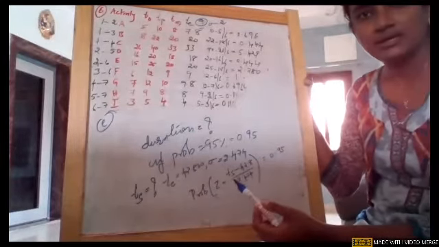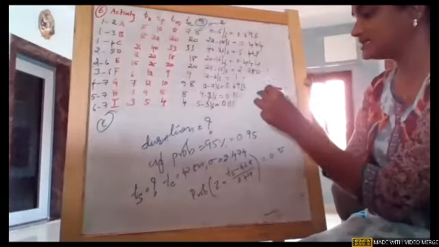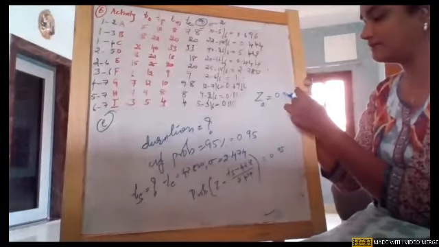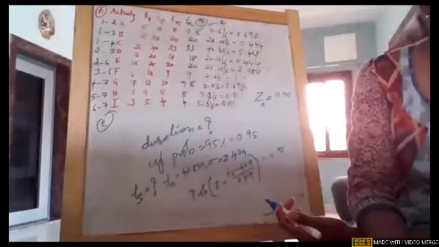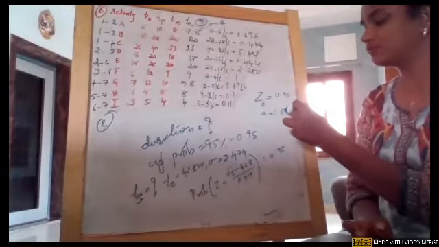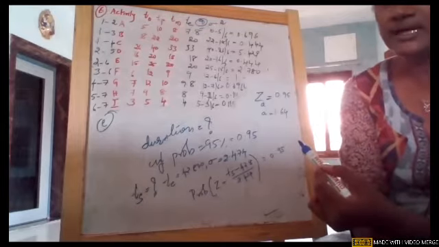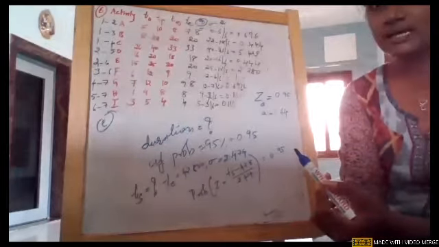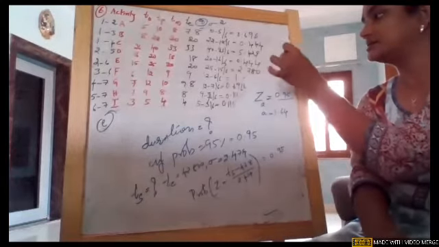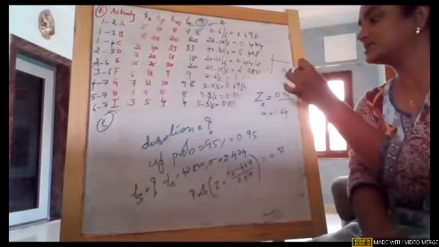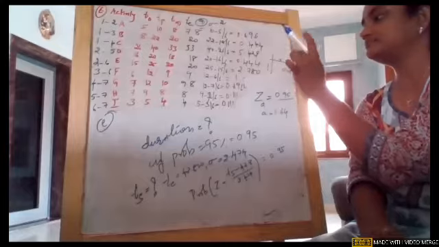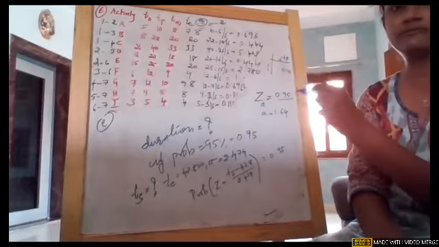Girls, clear? We need to find some value A where Z at A is 0.95. Using this small logic, the point Z where A is 1.64. If we check the area, we will get this particular value. In the table, we need to search for the area first. Earlier, we generally checked rows and columns, but now we need to look for 0.95 in the table. So it is at 1.64.